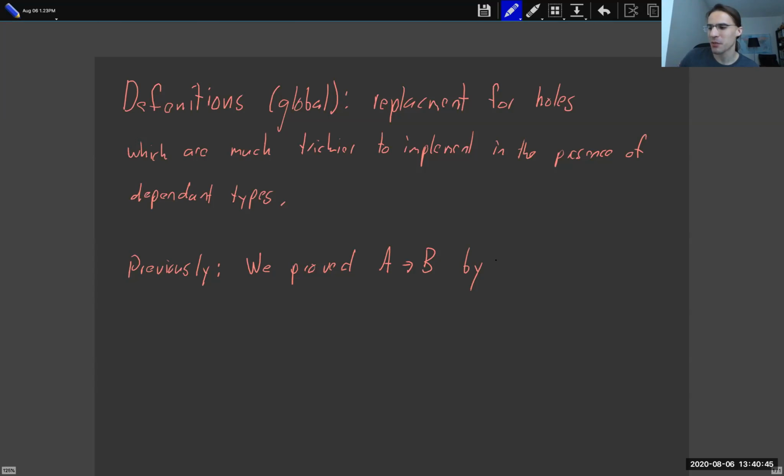There are various ways to do it, but what was the canonical way of doing it? I believe we use the lambda rule of abstraction. Yes. Assuming A and proving B. The proof term was